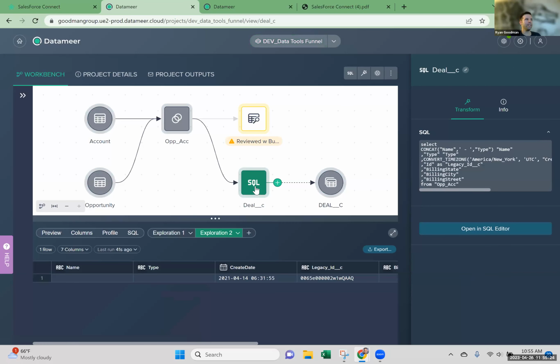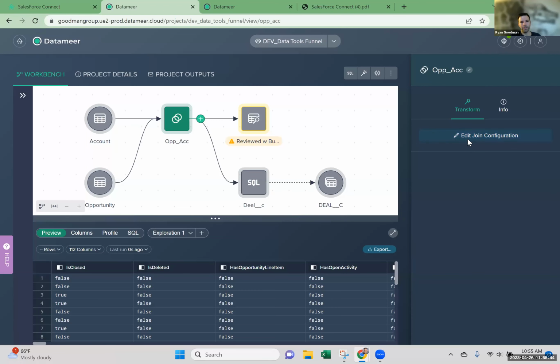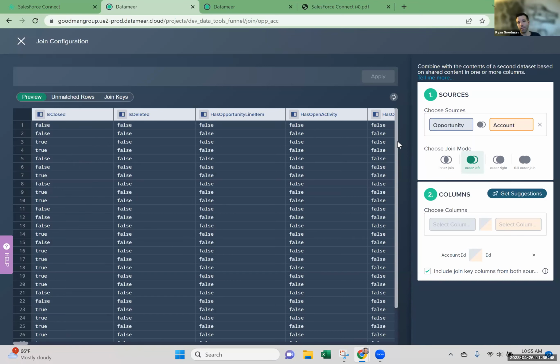So from a data exploration standpoint and a data profiling standpoint, Datameer does a really good job of just getting me to a point where I have my bearings. Now, the other area that's saved me a ton of time has to do with joining data sets together. If I click on this join node and I go and I edit my join, in this case, I'm just joining an opportunity with an account out of Salesforce, very basic